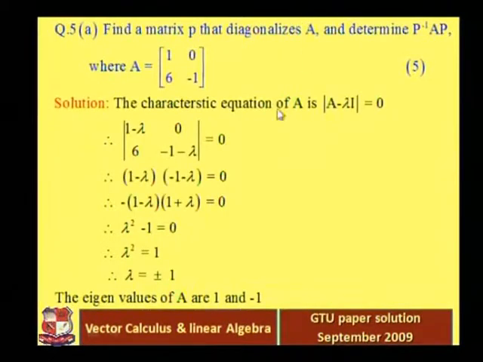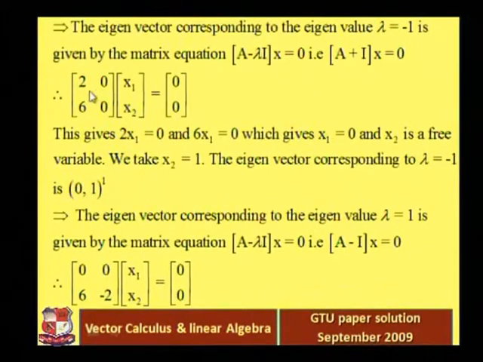Because 1 0 6 minus 1 plus 1 0 0 1 gives 1 plus 1 is 2, 0 plus 0 is 0, 6 plus 0 is 6, and minus 1 plus 1 becomes 0. Or you can put lambda equal to minus 1 in this step also and get the same. So we get the matrix 2 0 6 0 into x1 x2,